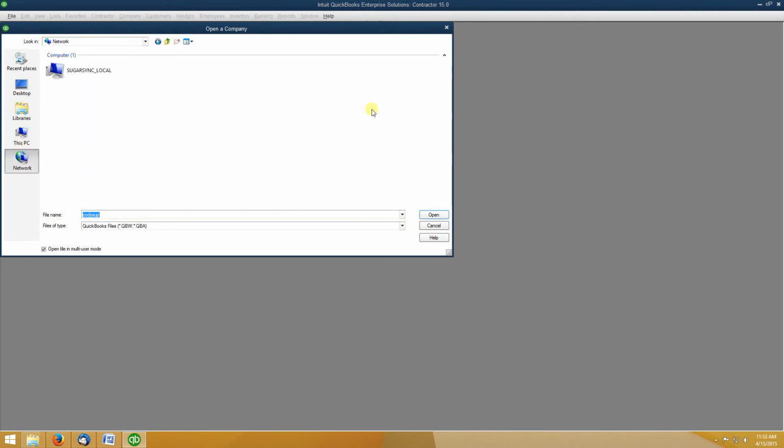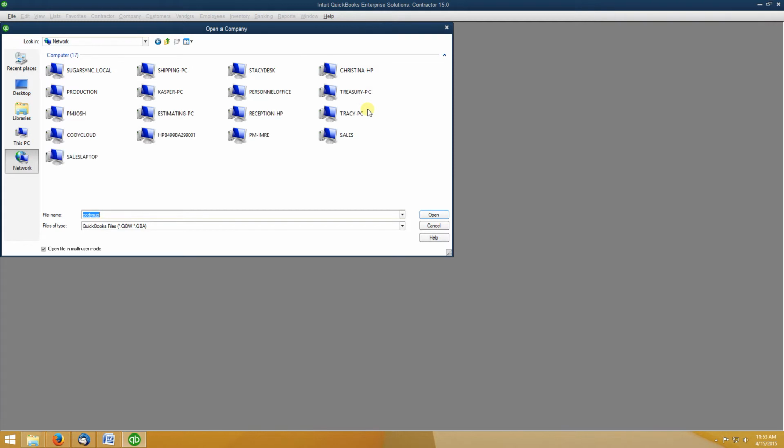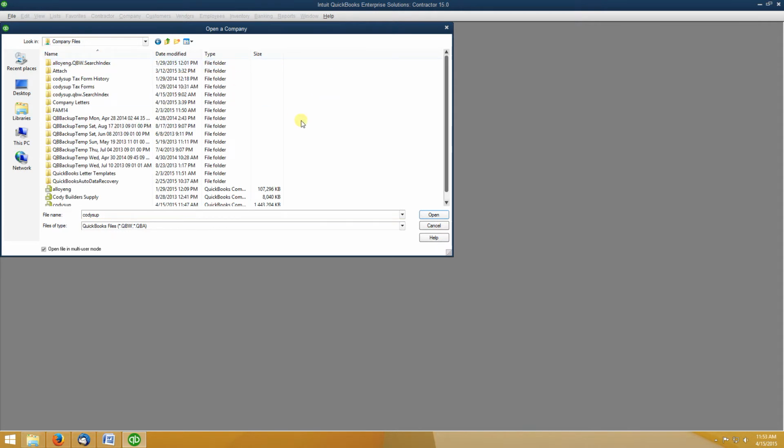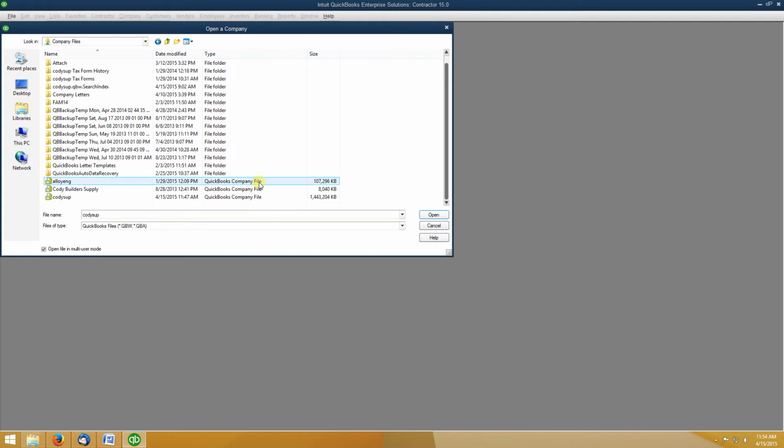Again, let's look at it from the perspective of a brand new installation. You'll want to go to the network. We're going to find the program file, the data file for our company. In our case, it's in the Treasury PC, in the company files, and then what we're looking for are files that have QuickBooks company file listed. In this case, for our installation, the name of our company QuickBooks file is Cody Sup,